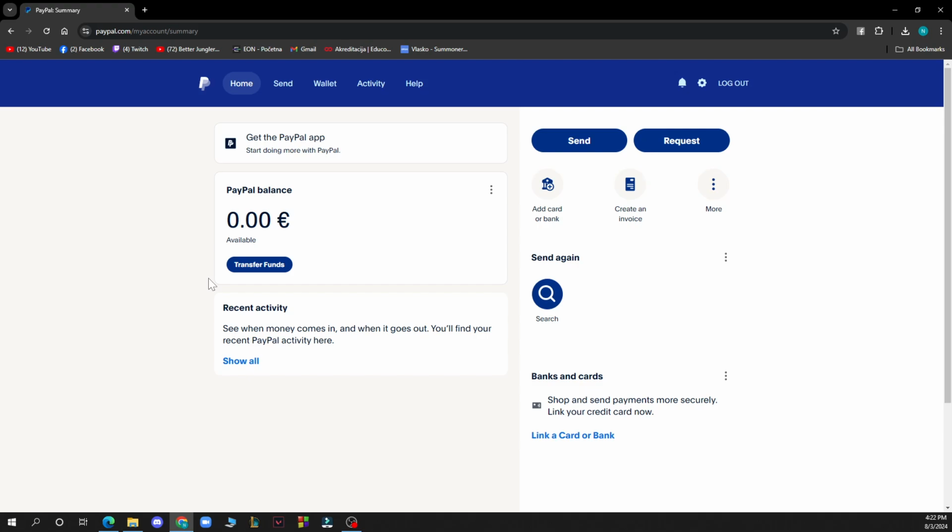It is pretty simple, and you just need to follow these few steps to know how to do it in no time. So the first thing that you need to do is add a card or bank, which you can do by clicking on add card or bank, which is here underneath the send button. When you click there, you just need to add your card or your bank,